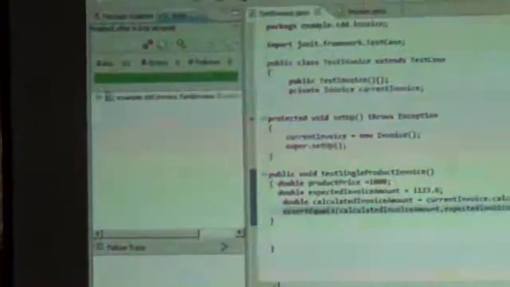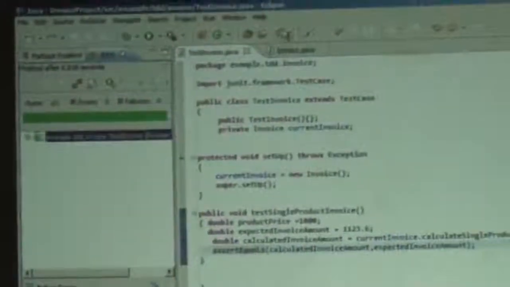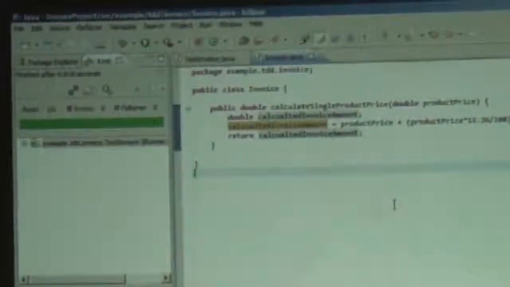Good. Now, finally, we can put a 12.36% multiplication on a value. It's passed now. So what we did? We just did a small Excel thing. Now, after doing all this, let's look at our code. What I am doing here, 12.36 multiplied by 100. This is wrong. I should not be doing that.